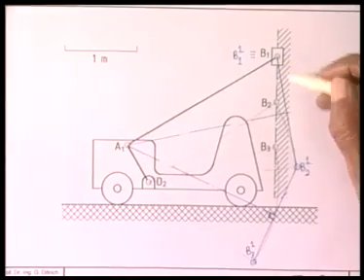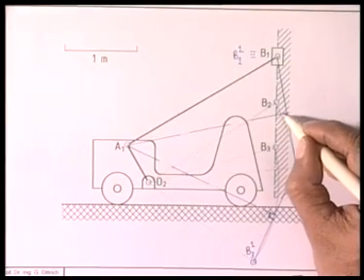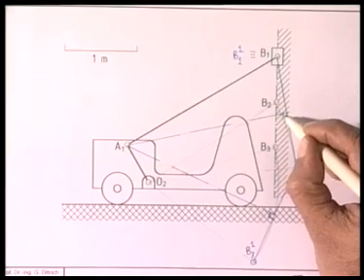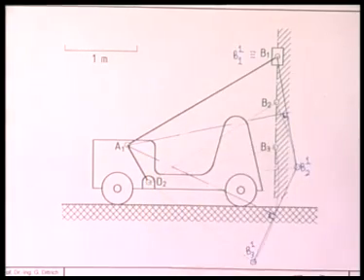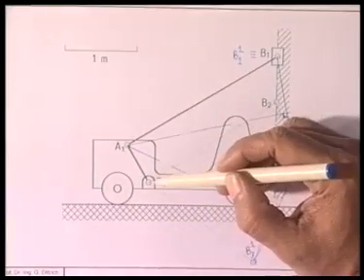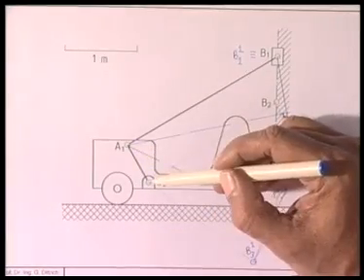This is the line B11, B21, and we draw the perpendicular bisector of this line, and these two lines intersect at A1. So finally, at the end of the first stage, we have designed a slider crank mechanism, namely O2